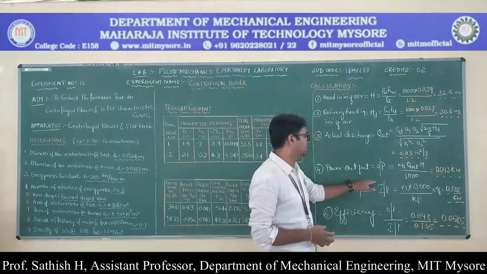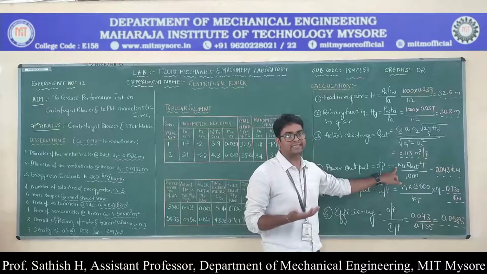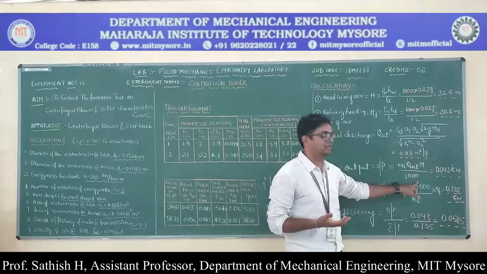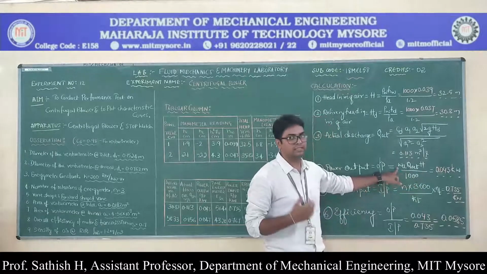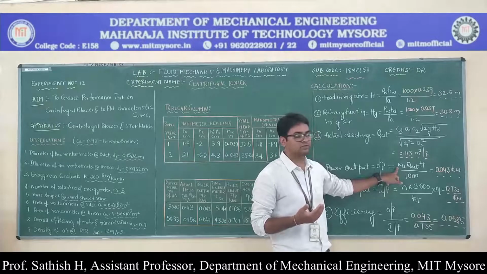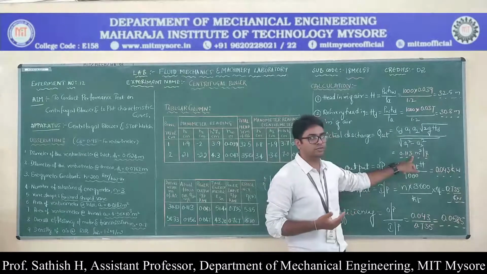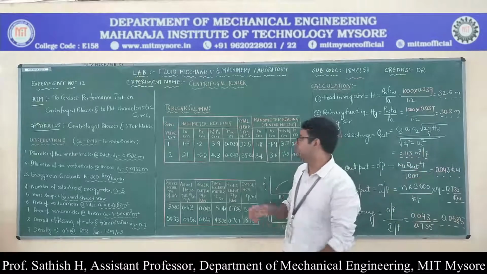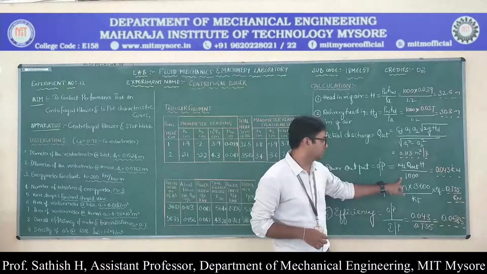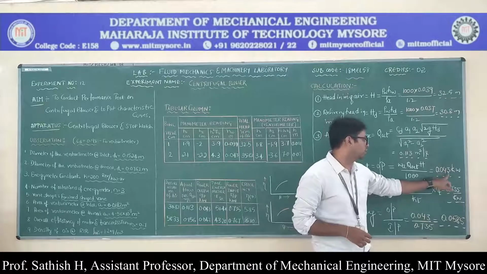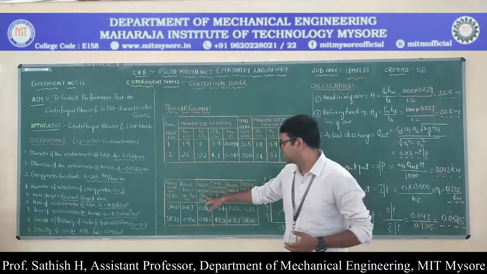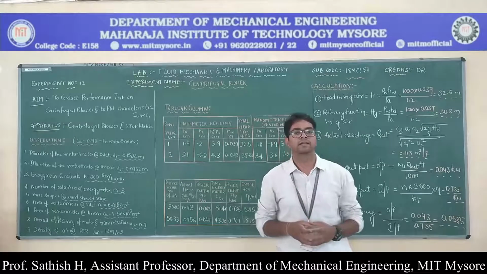So the power output is equal to WA, that is the weight density of the air, multiplied by the actual discharge Q and then H, divided by 1000. Here WA is 9.81 times the density of the air, that is 1.2, and Q you have to substitute from here, and H you take this 32.5, divided by 1000. If you do this, you will get 0.043 kilowatts. That is the output energy that we are getting from the centrifugal blower.